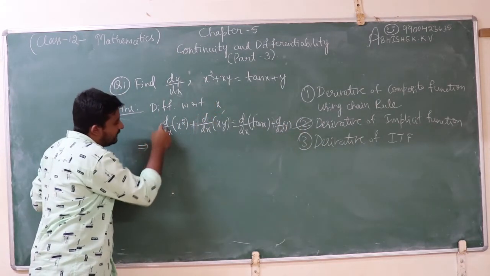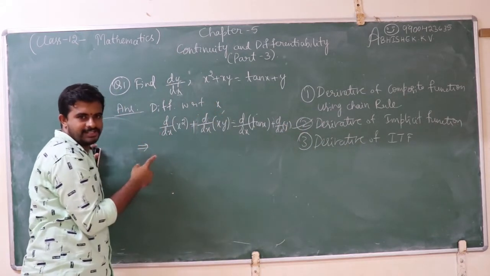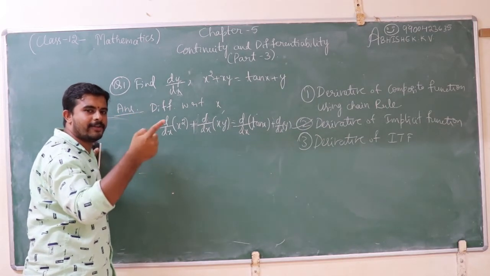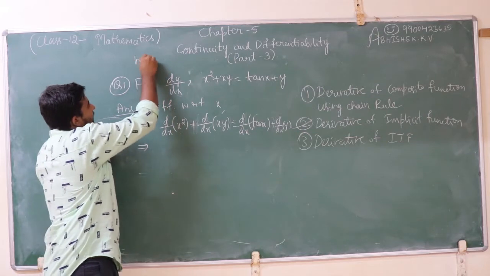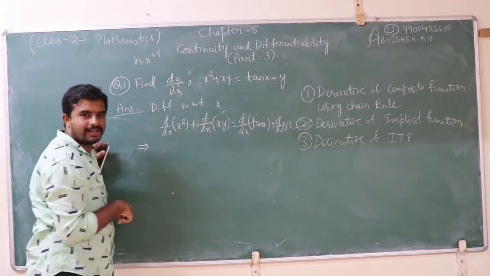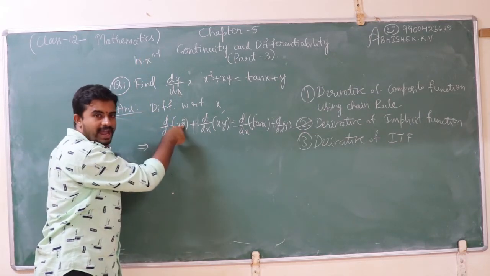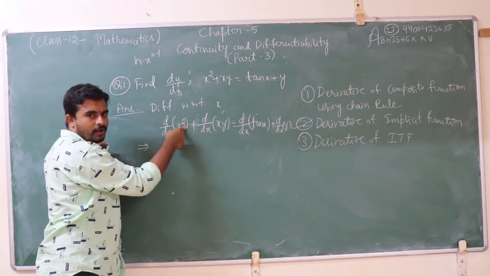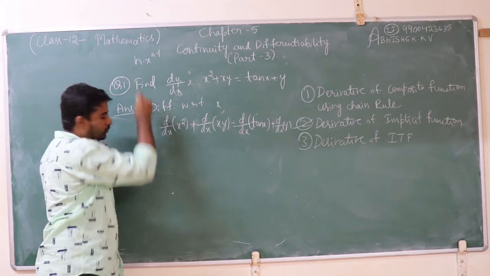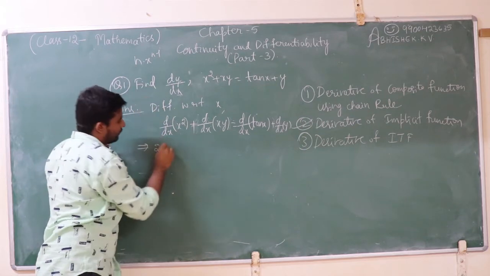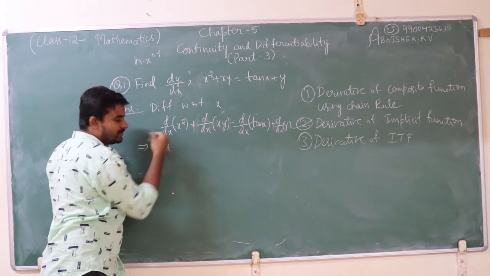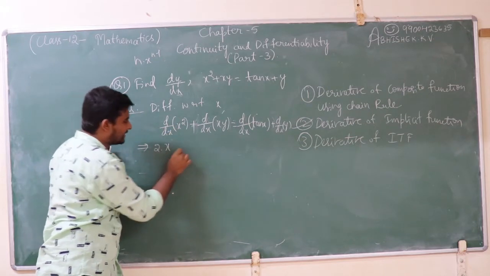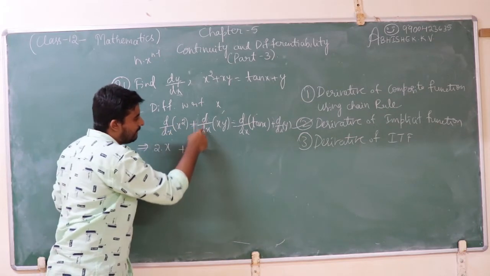Then d by dx of x square is of the form x to the power of n. The derivative of x to the power of n is n into x to the power of n minus 1. Instead of n, what we have? 2. When I apply the derivative for x square with n equal to 2, we get 2 into x to the power of 2 minus 1, which is 1. Therefore, the derivative of x square is 2x plus the derivative of